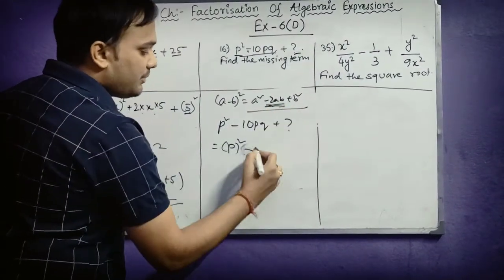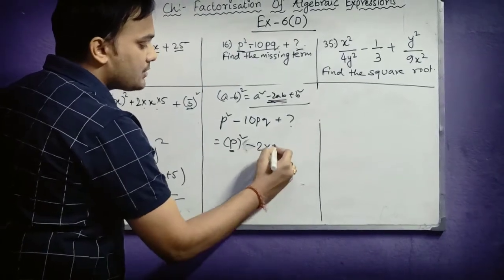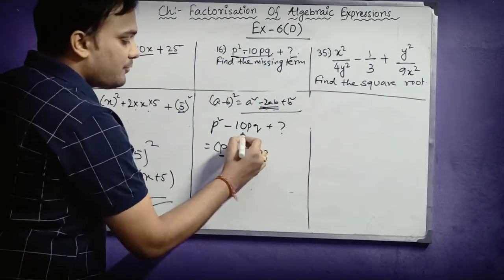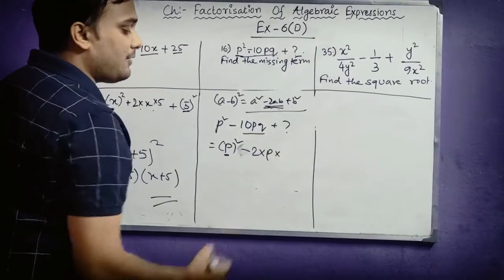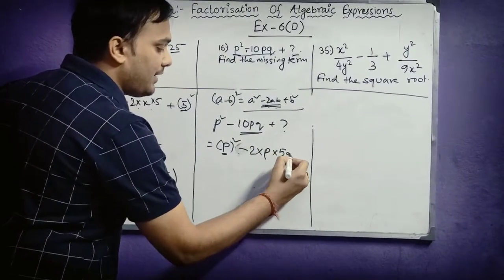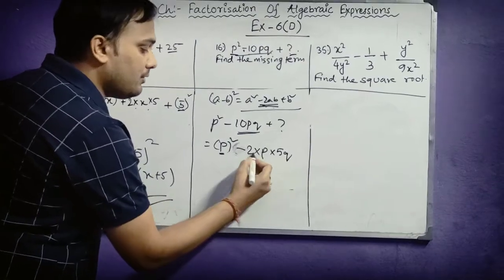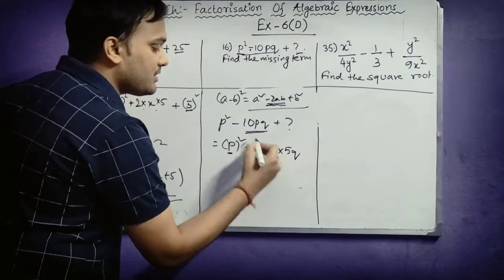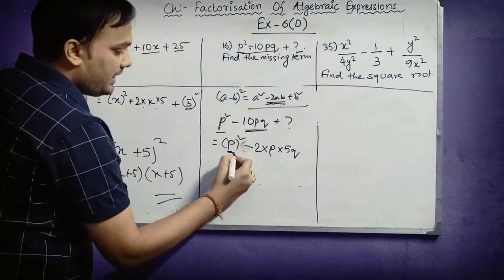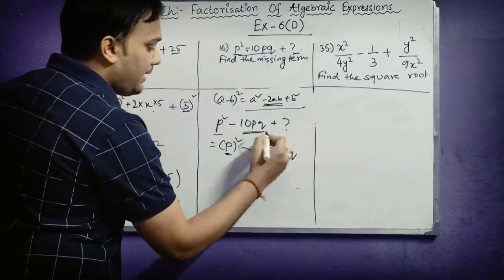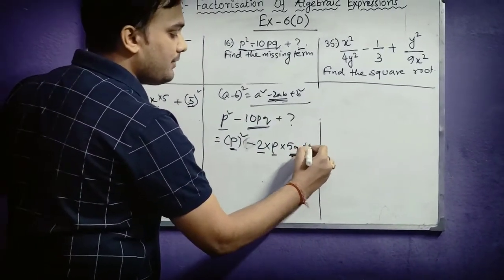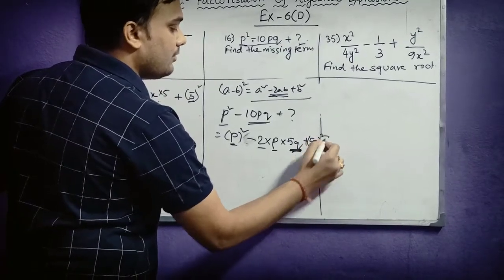Then 2ab is there. That means 2 into, in a I have p, so I will write p. Let me just see, 2 into p is how much? 2p, but I have to get 10pq. That means by what number should I multiply here? To get 10pq from 2p, I have to multiply with 5q. Because if I multiply with 5q, I will get 2p into 5q. That means 2 into p into 5q is 10pq. That means in place of a, I have p. Then 2ab, that means 5q is behaving like b here. So b will be 5q whole square.